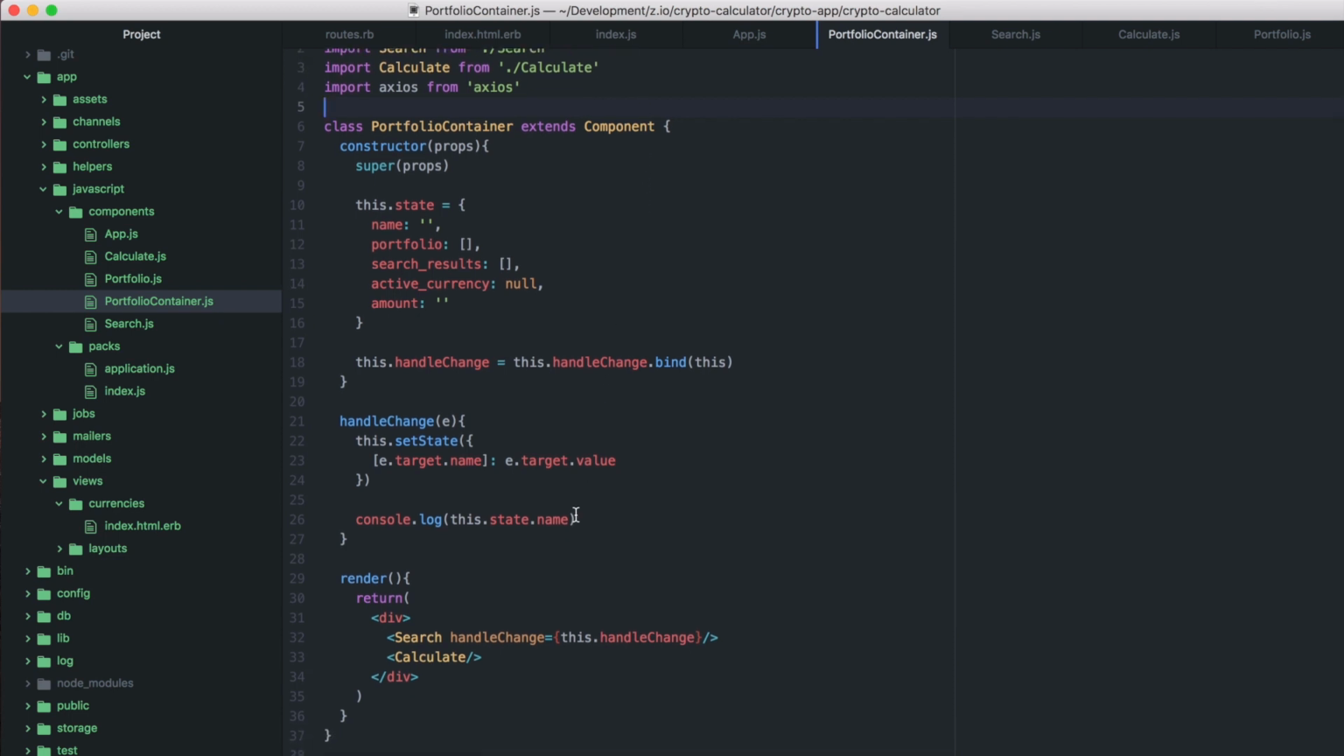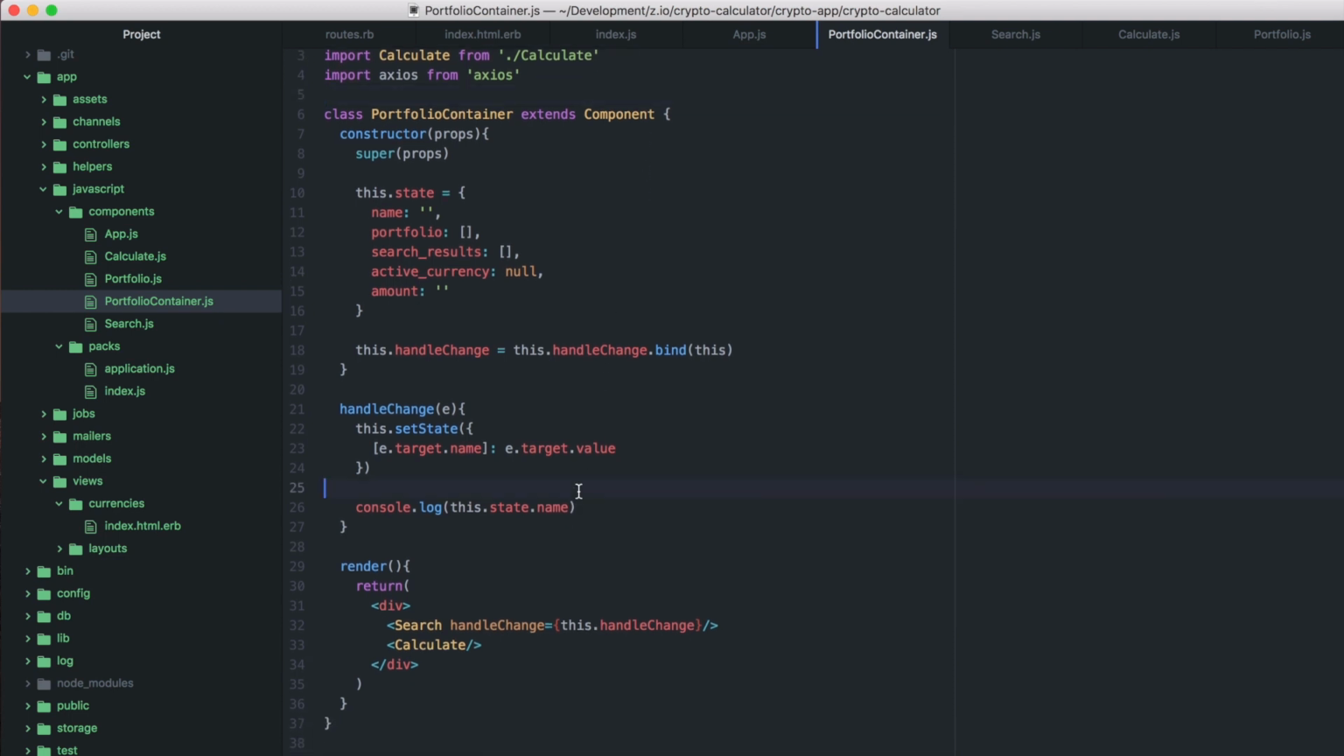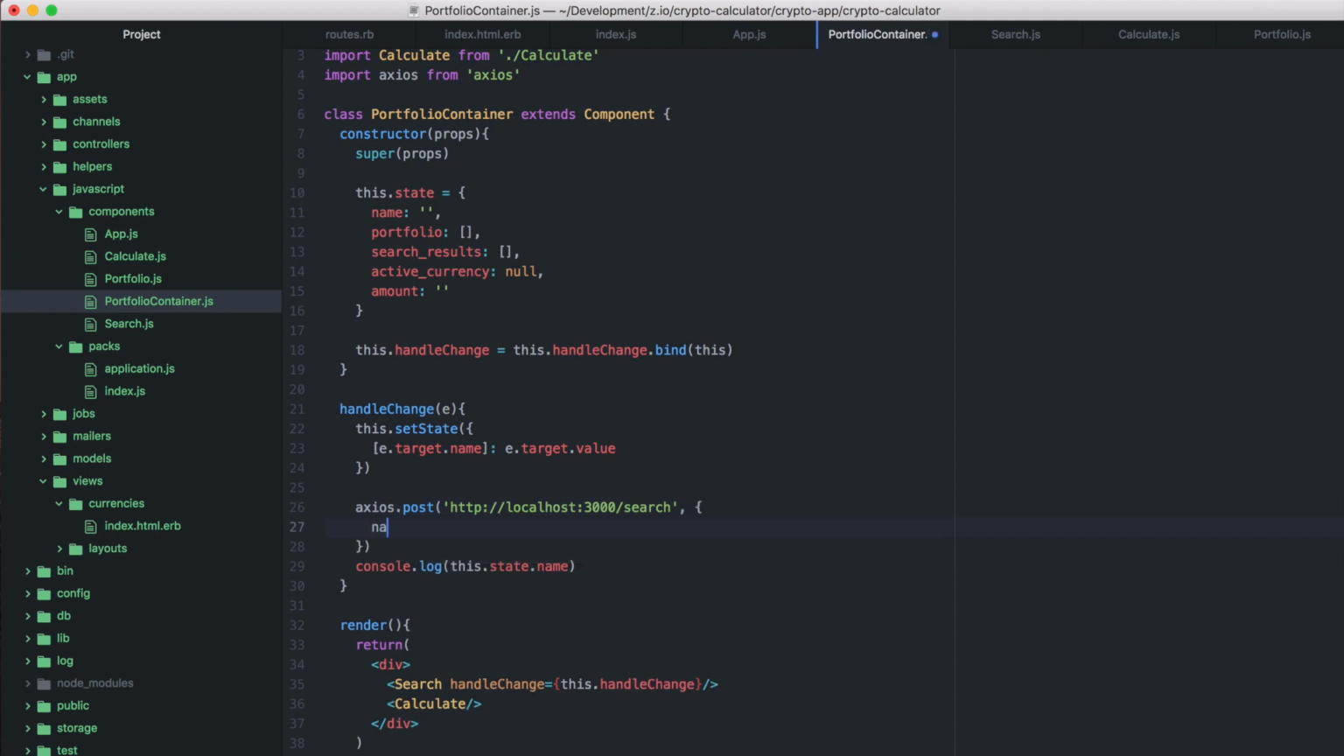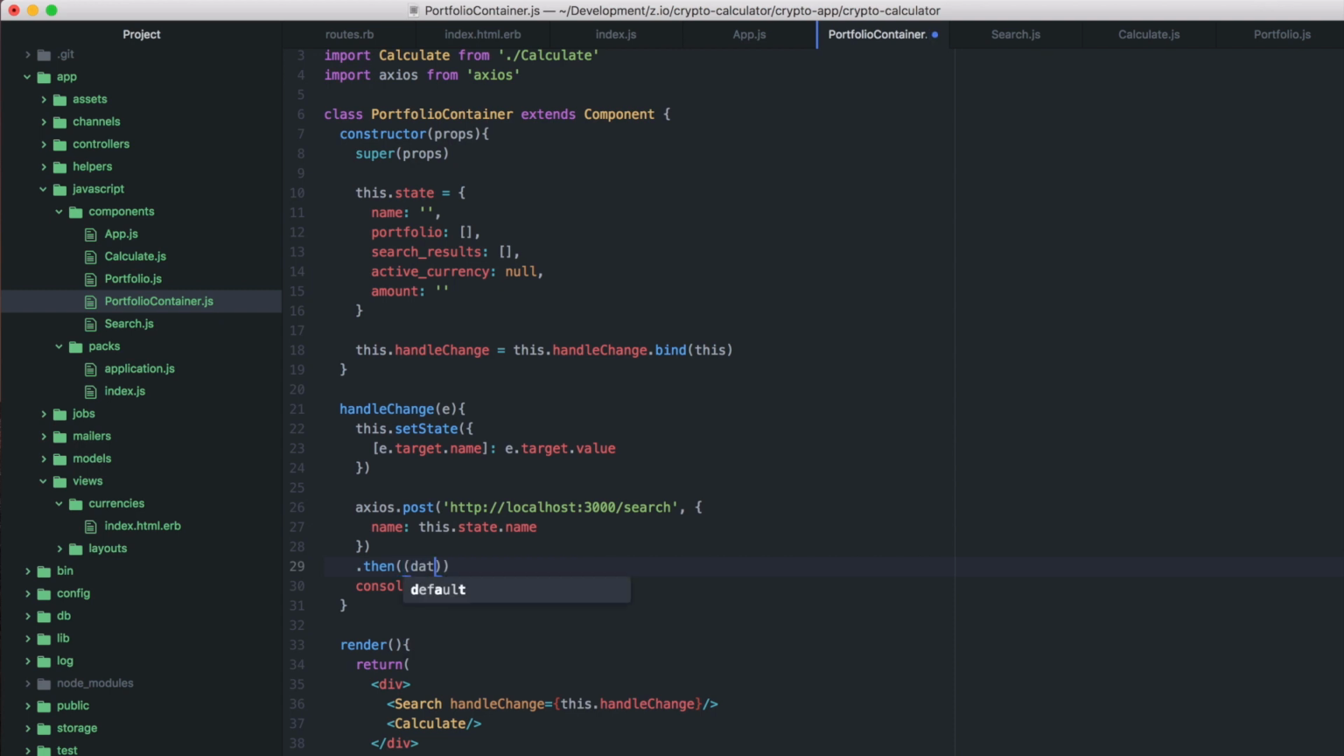What we can do now is set up a post request so that when we are searching in that search field that we just created, we can post to that search endpoint in our app, and we can query the database for all of the cryptocurrencies that are a match for that search. So what we can do here is axios.post. And we're just going to make a post request to localhost:3000. And if you remember what that endpoint is, it was search. And then for the data that we want to pass through, we can just do name and pass in this.state.name. And then we can set up a .then, and we'll say data,